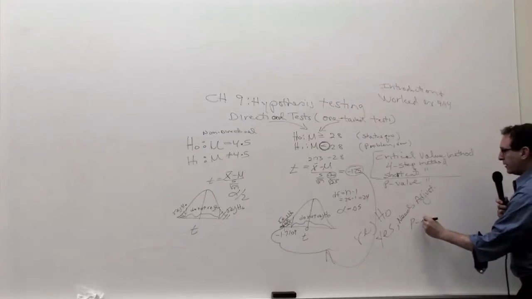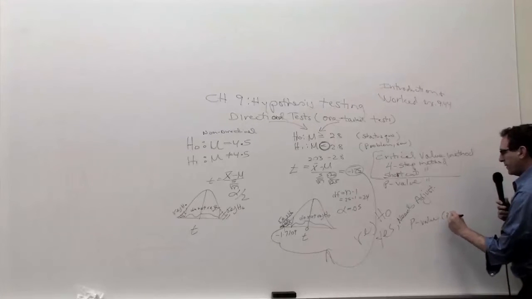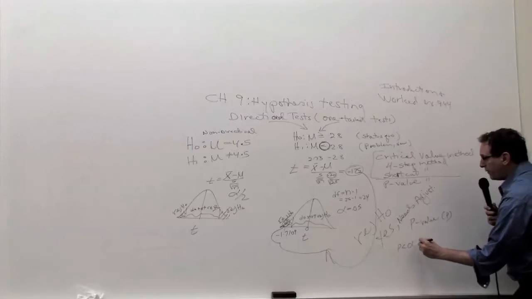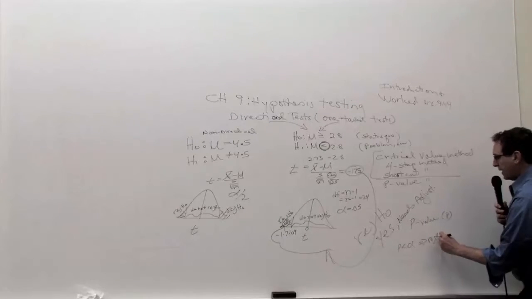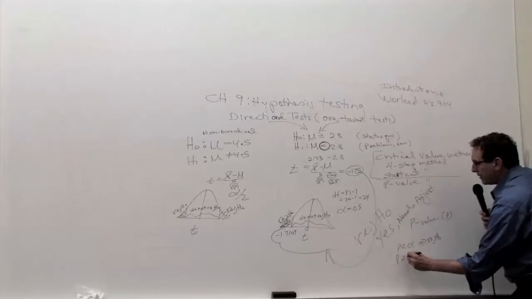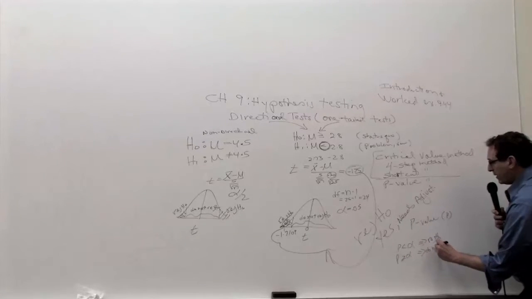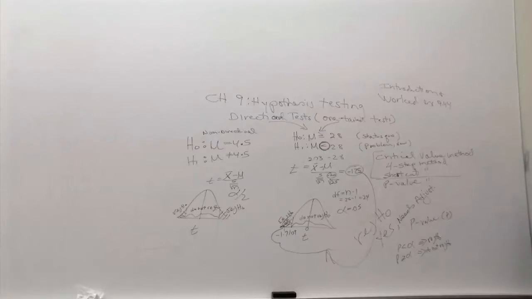So the computer will calculate a p-value for you, and let's call that p. Just to repeat the rule that I told you last time, if the p is lower than the alpha, you're supposed to interpret that as to reject H0. And if the p is bigger than or the same as alpha, then you do not reject H0. So if you know the p-value, or you can get it relatively easily by using pH-stat,